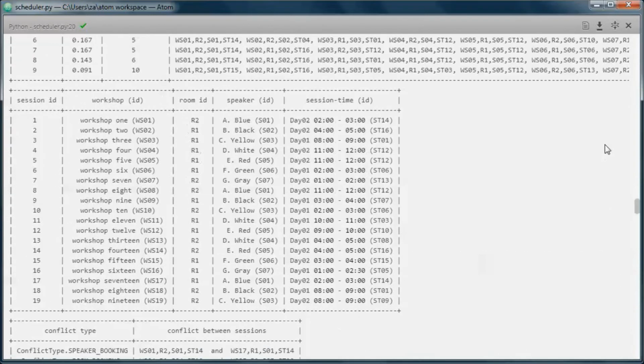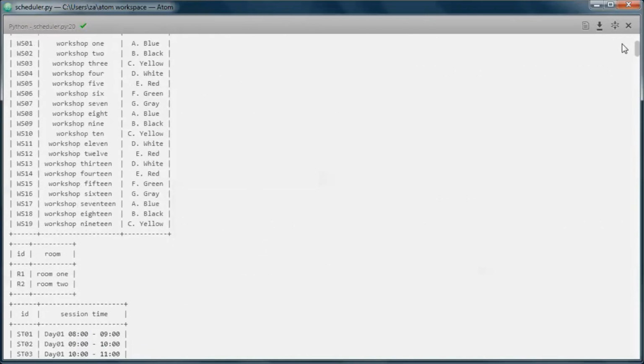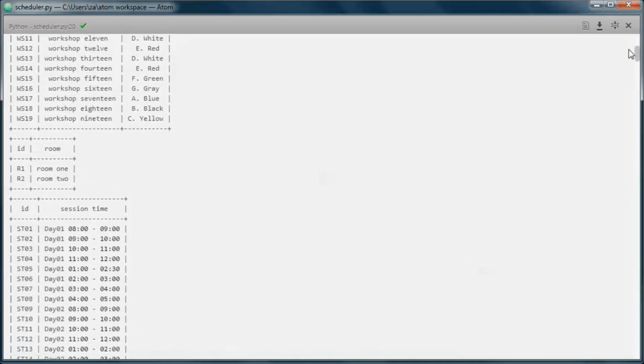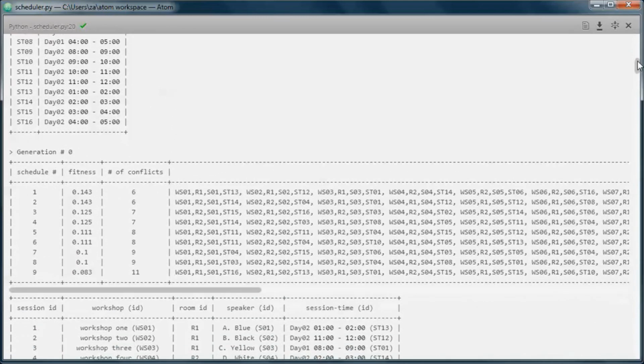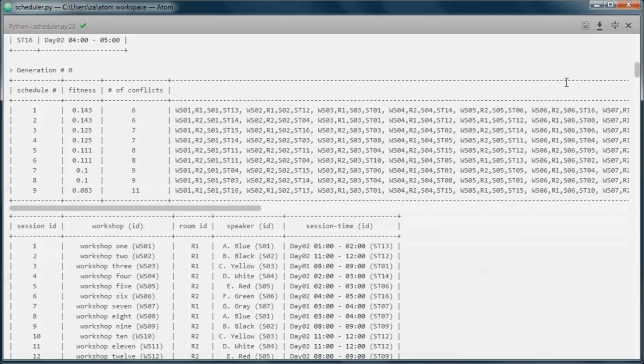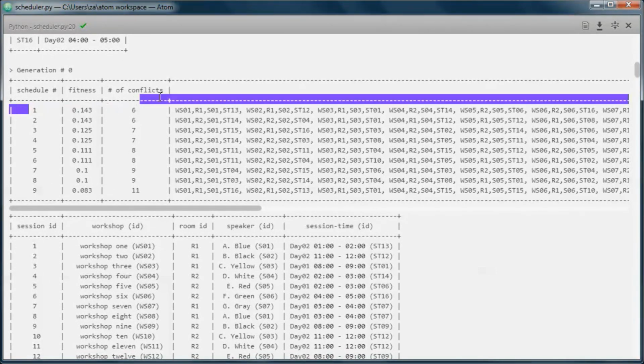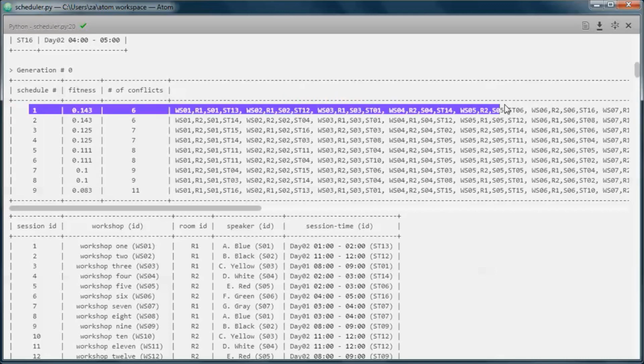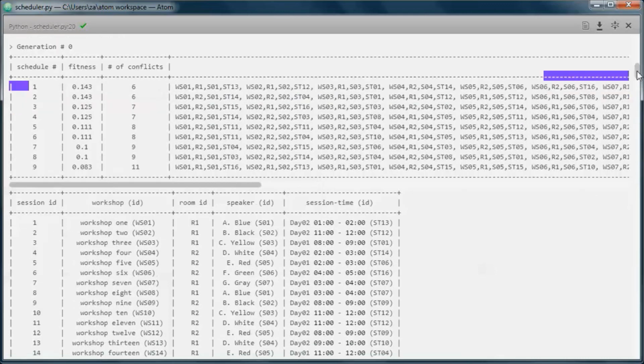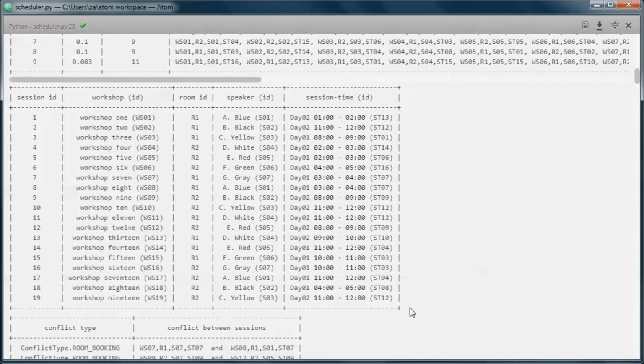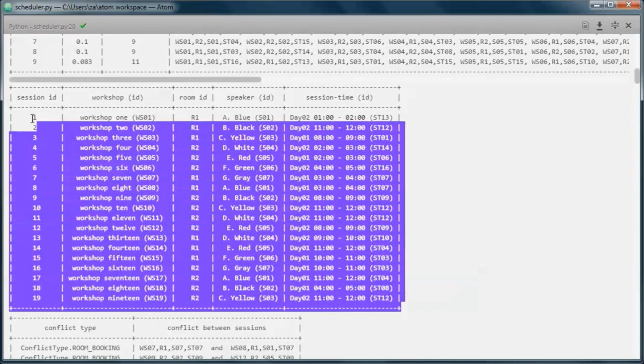So this is the input data, and we started from generation 0, where the fittest schedule had 6 conflicts, and this is a table representation of that schedule.